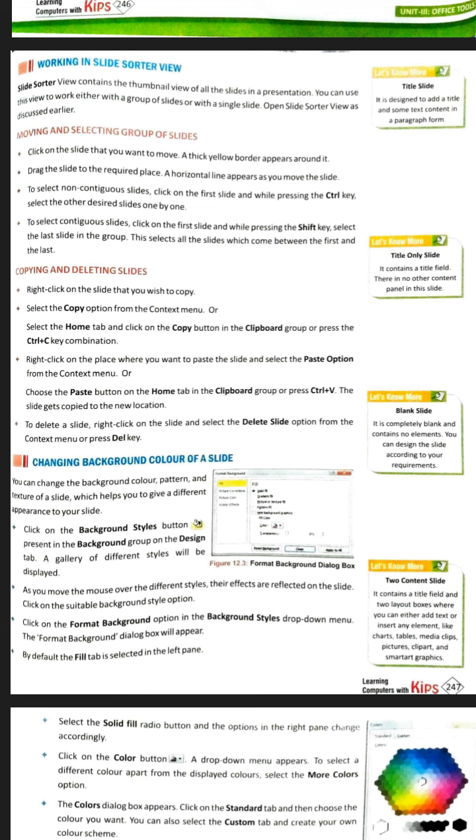and you can select a group of slides by using the shift or control key, and after that you can move them. And if you want to copy them, you can copy them also. After selecting them, you have to right click the mouse. A pop-up menu will come to you and select the copy option. After that, where you want to paste it, click there, right click and paste.